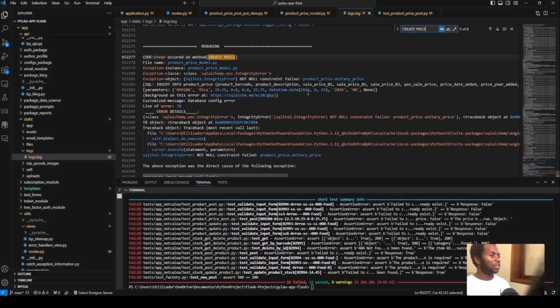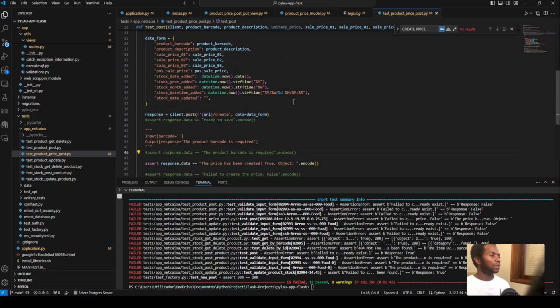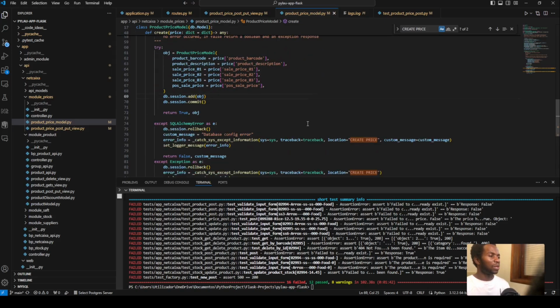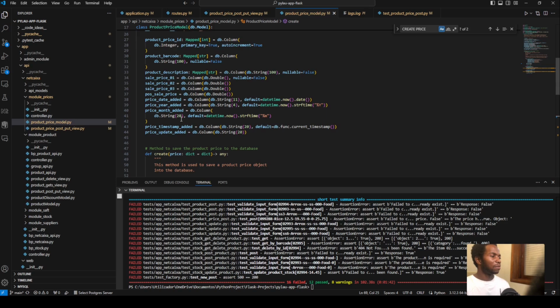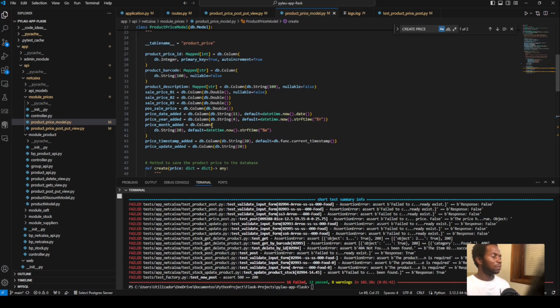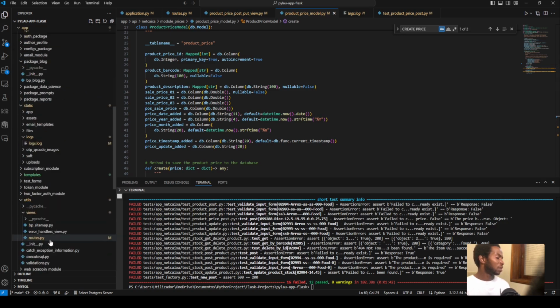Now what we got here is an integrity error, not null constraint failed. Problem is not null constraint failed, product price, unitary price. So we didn't pass it in our form. That's why we're receiving this information. As you can see in our model here, in our model we have a unitary price. We don't have a unitary price here. In our database we have